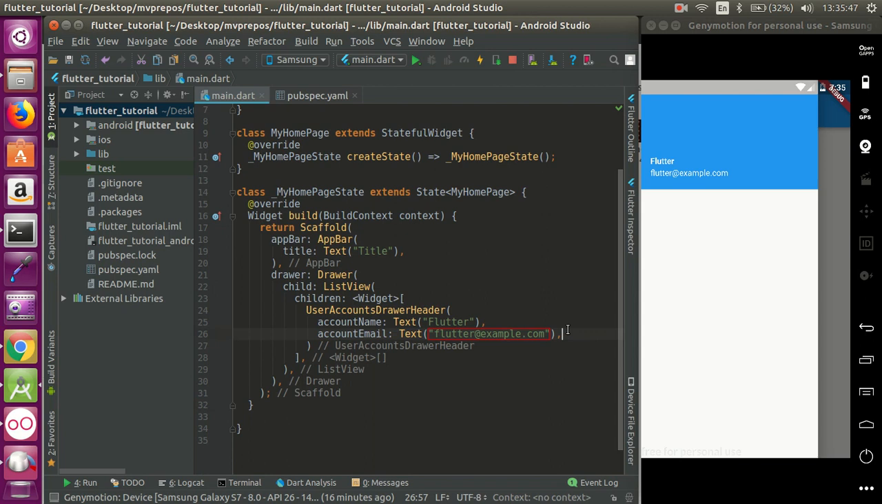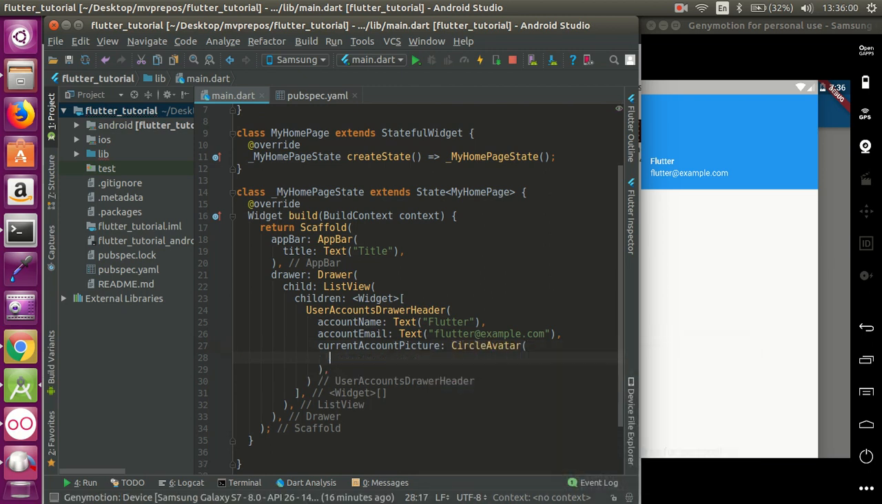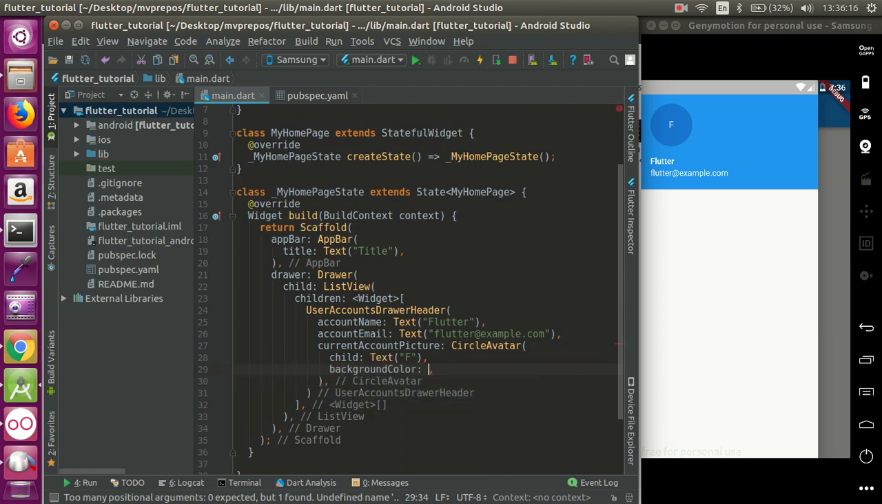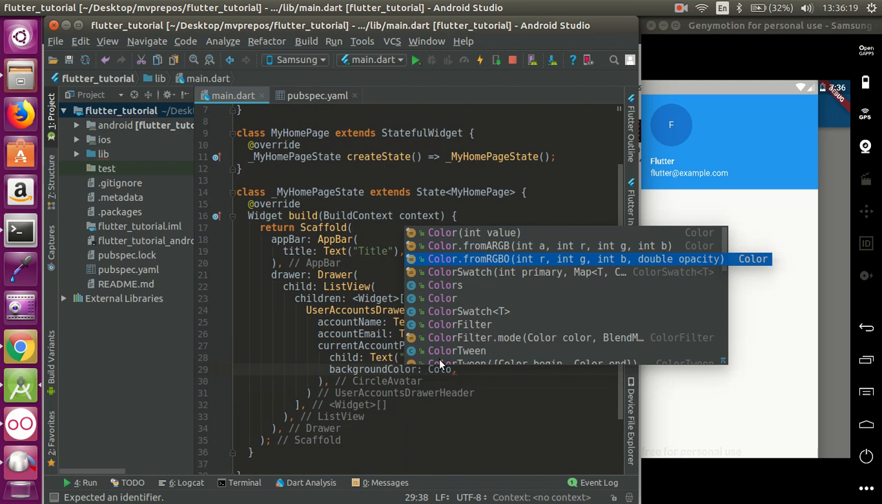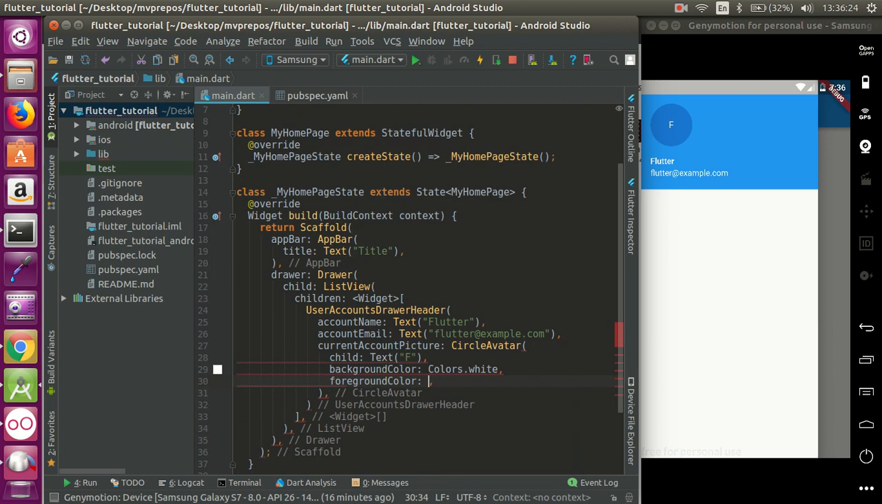Let's use a profile picture here. Current account picture. For showing account picture, let's use circle avatar. Circle avatar, child. Nice. And inside the circle avatar, let's use foreground color and background color. Background color, let's use white. Colors.white. And foreground color,